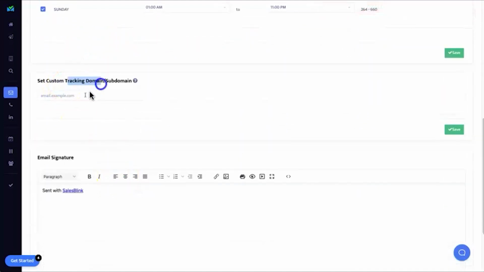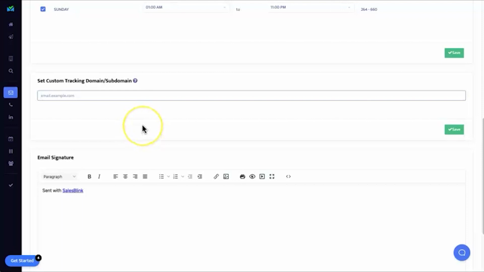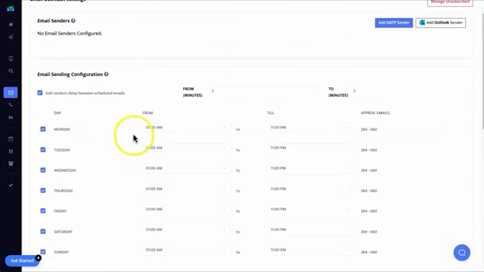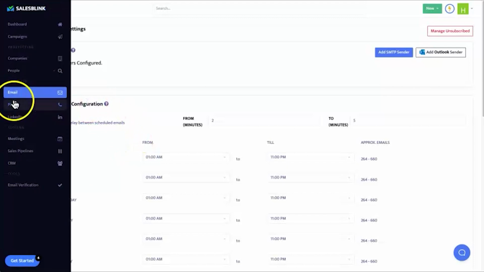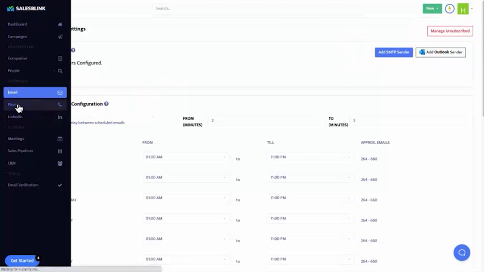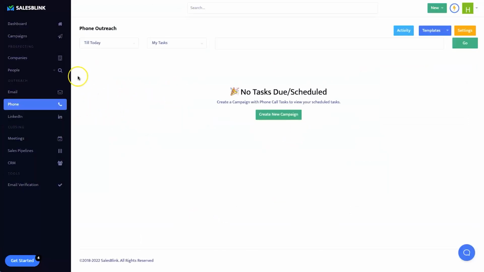You can also use a custom SMTP or tracking domain. And then we've got the different types of email signatures inside of here. So it's quick and easy to use. I'm not going to go too in depth inside of here. You can also manage who unsubscribes as well. It's pretty cool. In terms of the phone server, once you have created different automations inside of your campaigns, they're